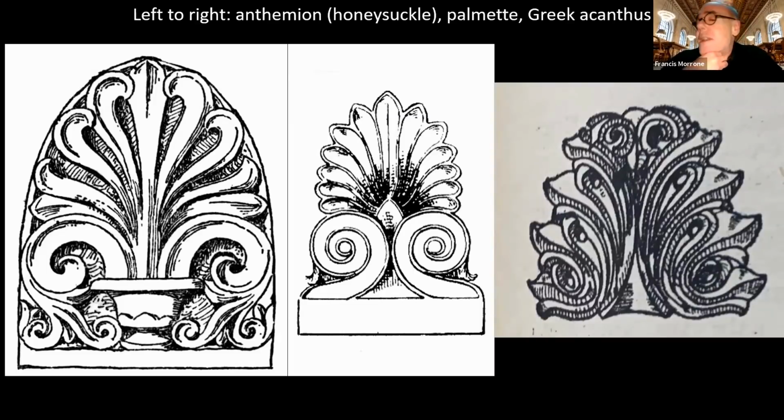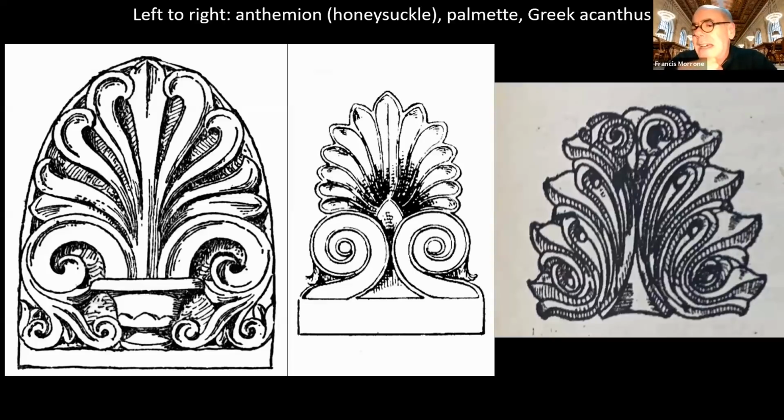So a few things with which to conclude, and I'm going to conclude at some point, are ornaments. People use the words anthemion and palmette interchangeably, and I don't think they should. I think that an anthemion is based on a honeysuckle, a palmette is based on a palm, and what this means to me is that in the anthemion, the leaves are inward turning. In a palmette, the leaves are outward turning. And then the third thing that you see here is an acanthus leaf.